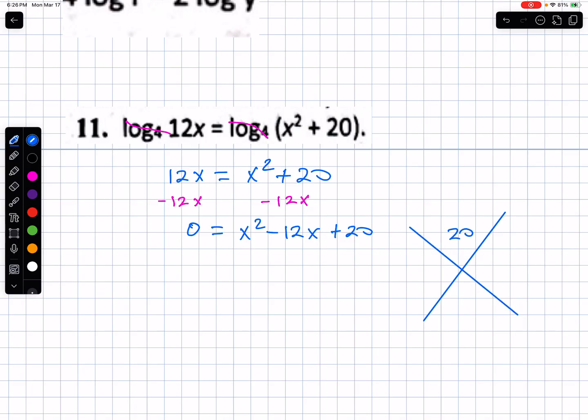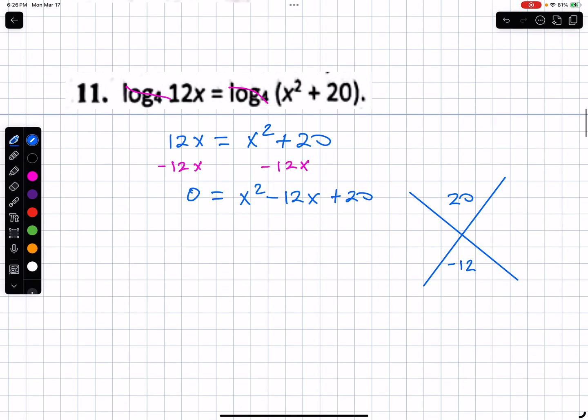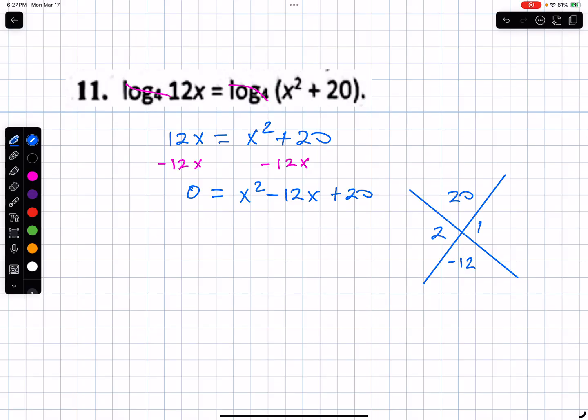Okay. So look, 20, negative 12. And then all we do is this. We go second quit. We go y equals 20 divided by x. And then look at the factors. So which one adds to 12? 2 and 10. So if it adds to positive 12, what do you have to do to make it negative? Just make both negative. So we have x minus 2, x minus 10